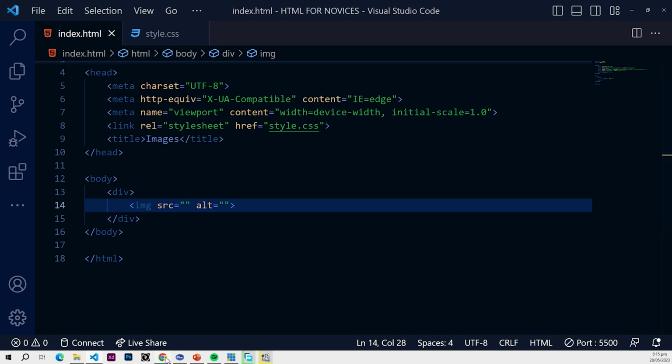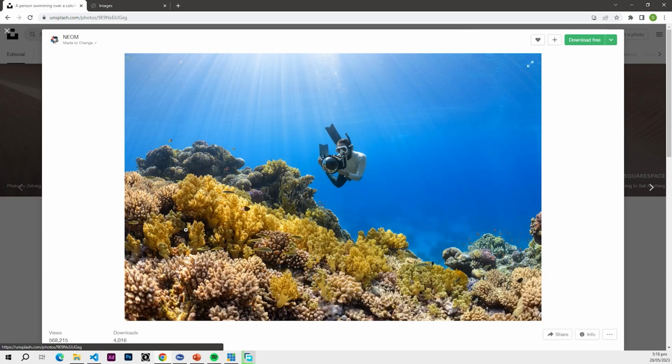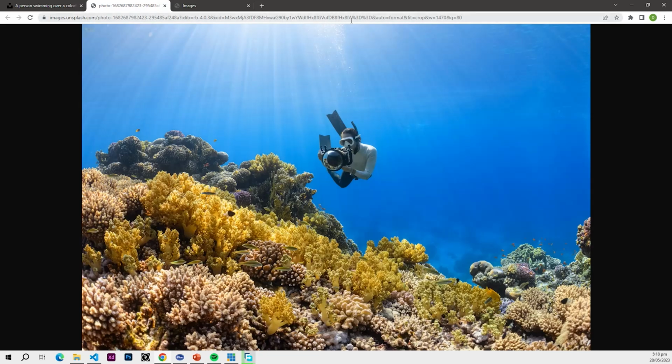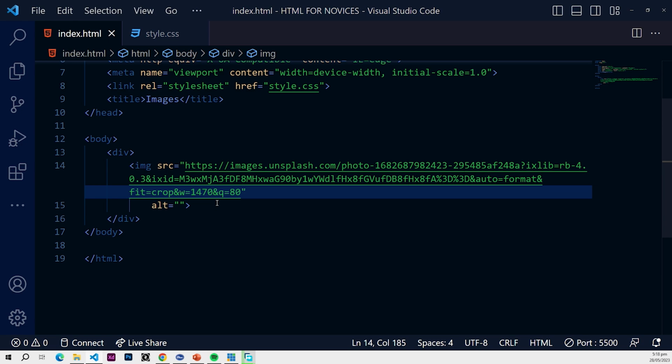Now let's go into our browser to get some images. Unsplash is an example of a site where you can get free images. I'll leave links to about three websites where you can get free images. We're going to go with the first image, so we're going to click on it. After clicking, we're going to right click on the actual image and select open image in new tab. Now this is the image and this is the link that we can use to reference that image. So we're going to copy that link, go straight into Visual Studio Code and paste that link within our source